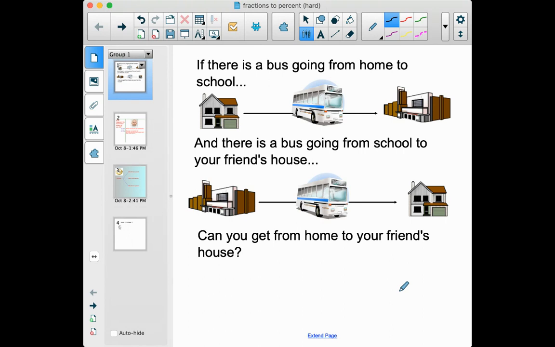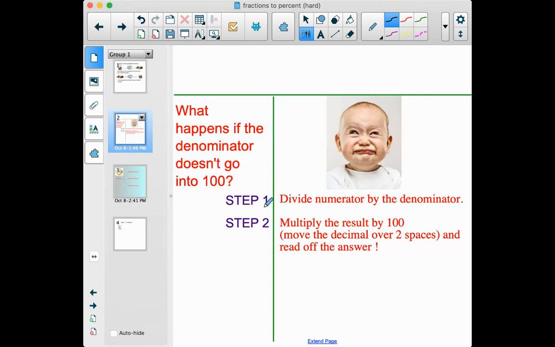The answer is yes, you can get to your friend's house. And the way that you do it is you just take the bus from home to school and then take another bus from school to your friend's house. Okay, so that's going to be the idea that we're following, but it's not going to be about taking the bus. It's about going from a fraction